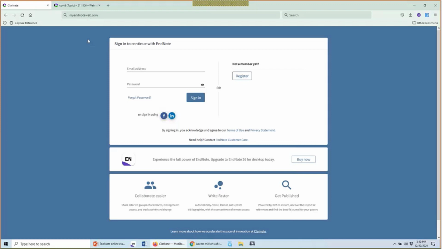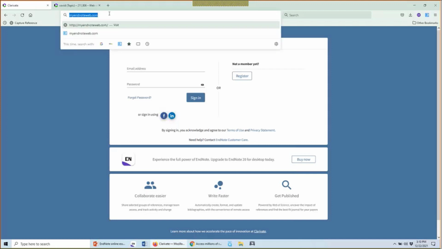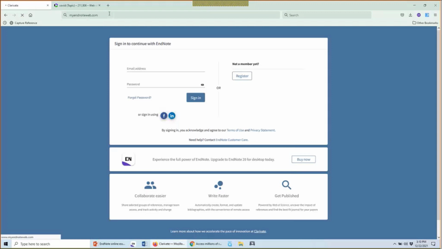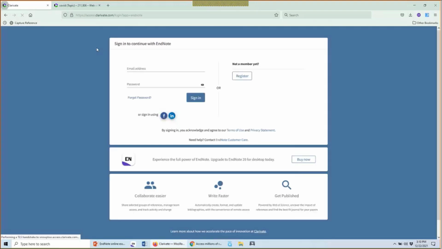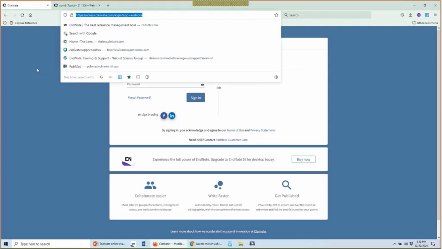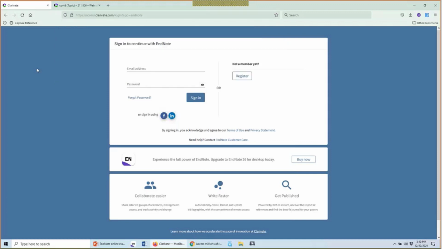Now, this is a redirect URL. If I actually go ahead and press enter now, you'll see that it reloads the page with a longer, more complex address. Oh no, perfect, okay. This is what I was expecting to see. It's a little bit of a longer URL. I don't recommend remembering or trying to memorize this particular web address. You could bookmark it if you'd like, but if you simply navigate to myendnoteweb.com, again, it'll take you to the